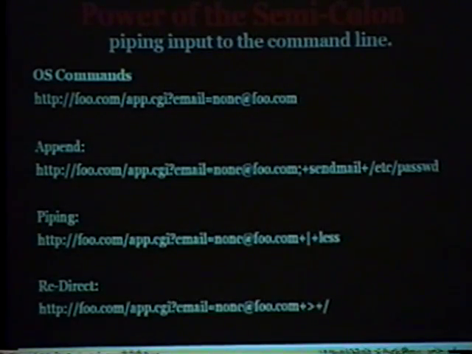So, the power of the semicolon. Semicolon is death to a whole lot of web applications out there. A lot of times sites will ask you to put in your email address so they can spam you. A lot of times they're just piping your email address to a sendmail line and not filtering anything. So a quick semicolon, a couple of pluses, and you can sendmail yourself the etc password file, zip zap. It'll just give it to you. And that's all there is to it.